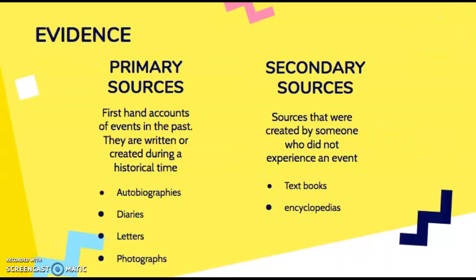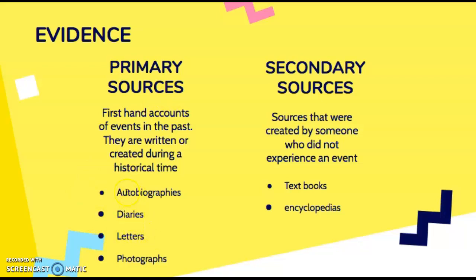So there's two main pieces of evidence that we're going to be using throughout the year. The first one is primary sources right here, which are first-hand accounts of events that have happened, and they're written and created during a specific historical time by people who lived through that time. So these things are things such as